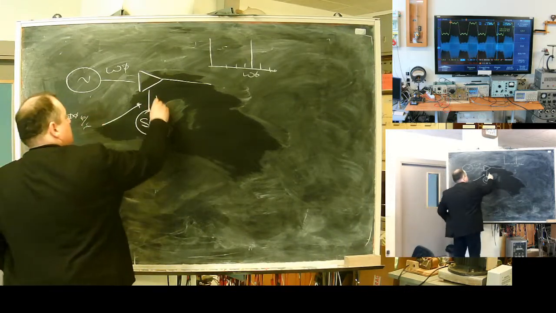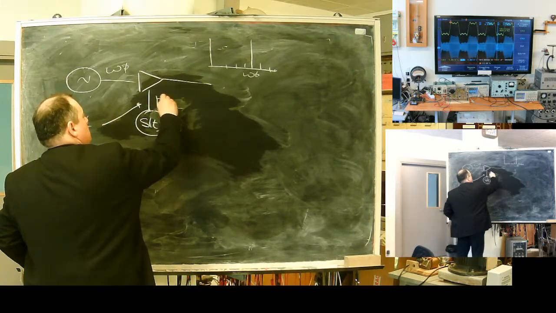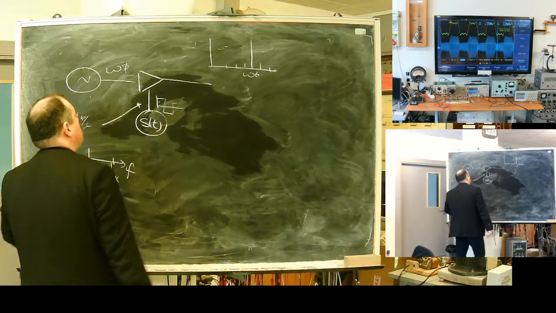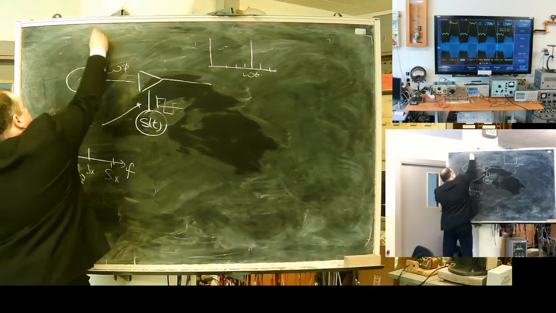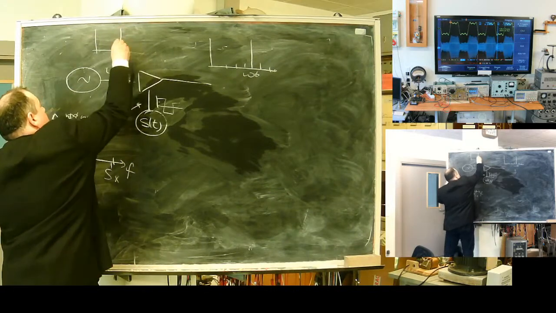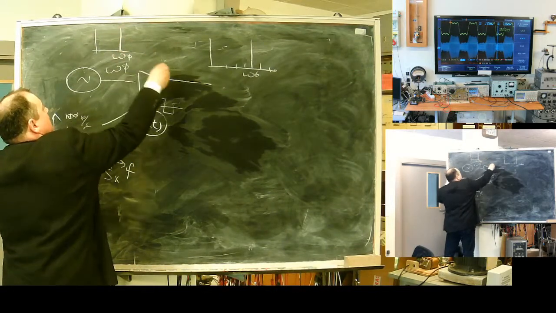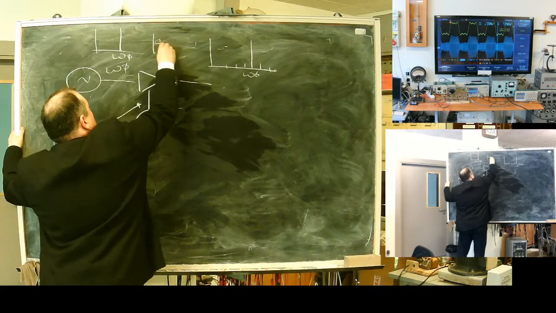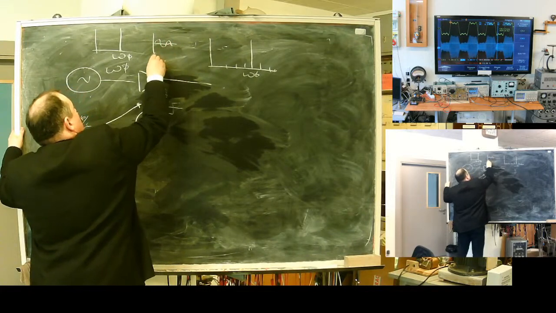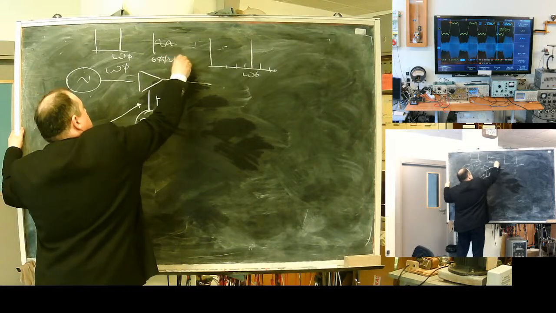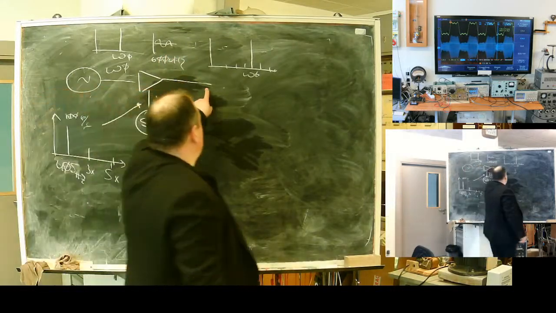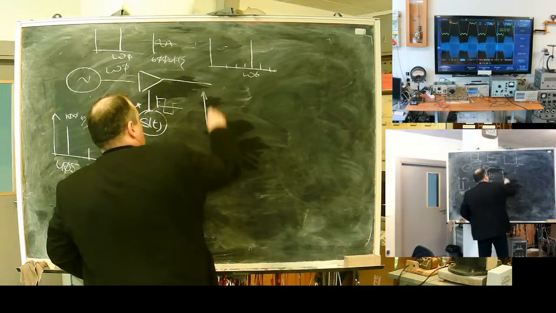Here I have a rectangular signal. And here I have one spectral line at omega 0, cosine with a frequency of 600 kilohertz. Here at this point